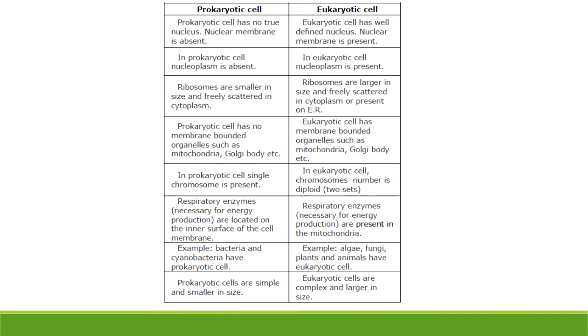Chloroplast is present in the plant cell only, Hunain, not in the bacterial cell. Yes, you're right. Chloroplast is present in plant cell only, not in the bacterial cell. And bacteria is a prokaryotic cell. Okay. Tomorrow we will study how when the cells combine, they form the tissues, and when the tissues combine, they form the organs. So we will study tomorrow the tissues and organs.